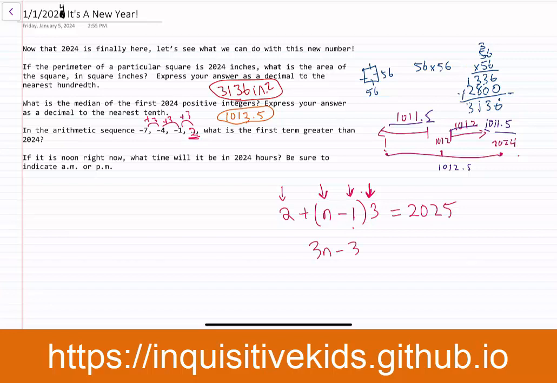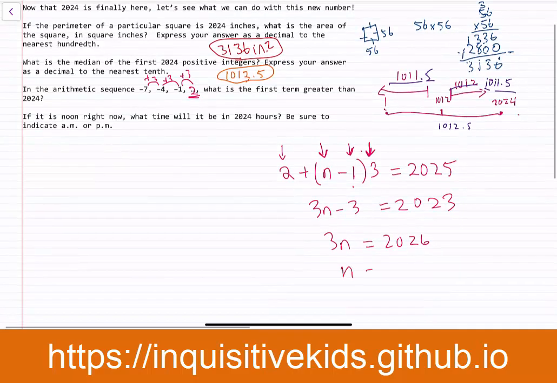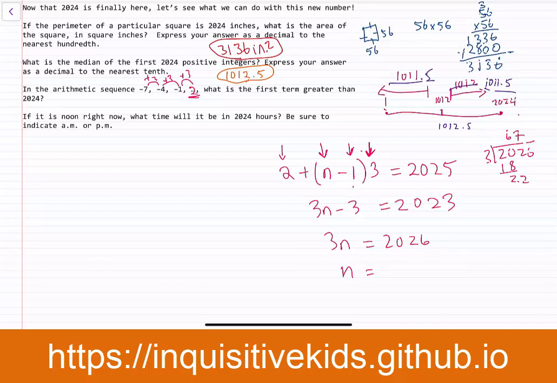3n minus 3 equals 2023. 3n is equal to 2026. And this is not going to divide well, but we still have to go ahead and try, which is 2026 divided by 3. 6, we get 18, bring down a 2, 7. So our answer becomes 675 with a remainder of 1. And because this number is counting how many terms there are, we can't have any remainders. So because we have a remainder, we have to round up,